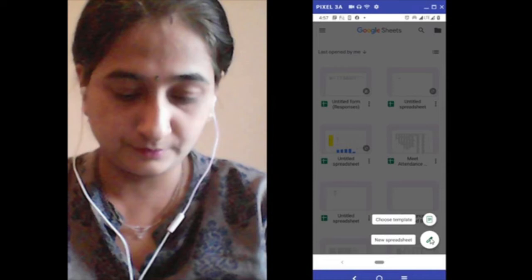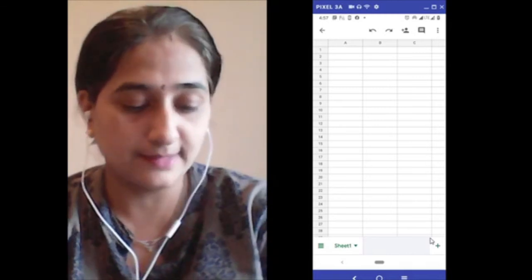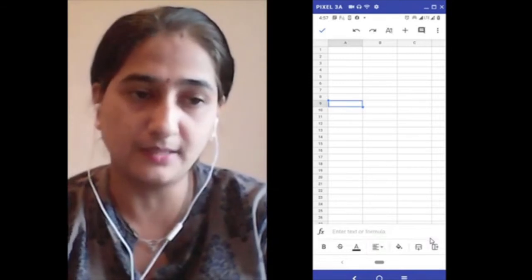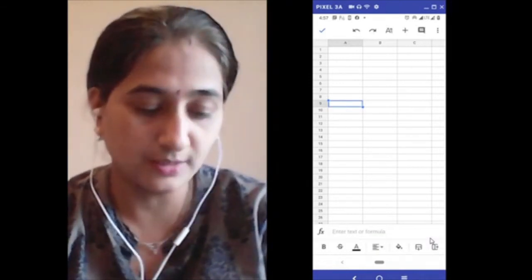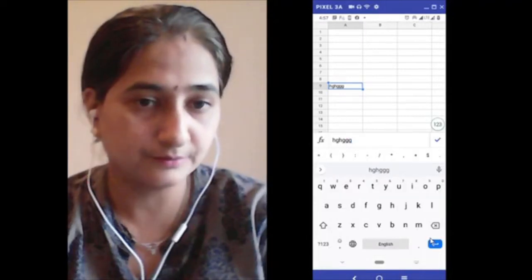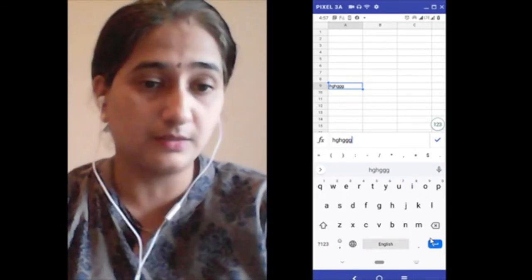See, there is a new spreadsheet coming up. Is this visible, people? Yes, teacher. Now, you will find your Excel sheet as is here. Click on the cell. This becomes the active cell. How to type into it? Double click. Start typing. Clear? Just double click and it will help you to type the data into it.